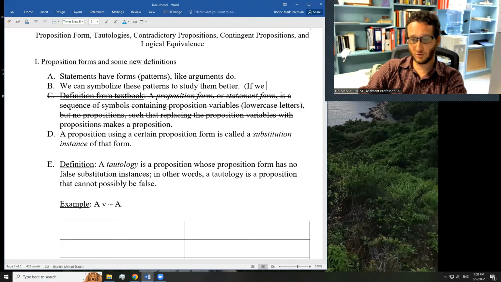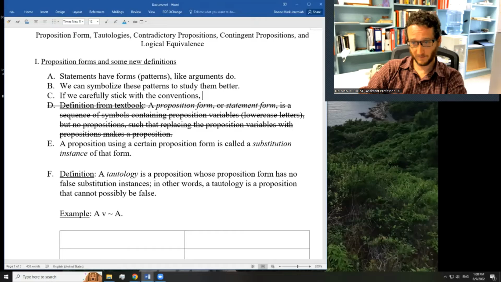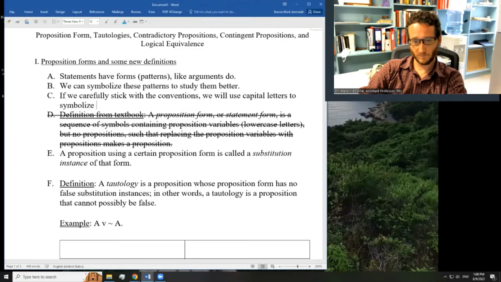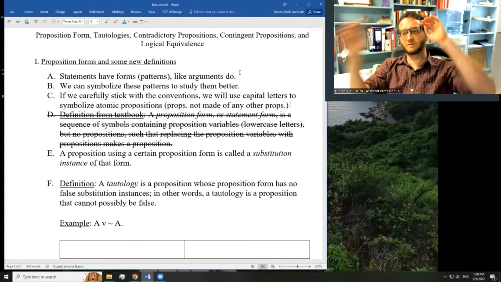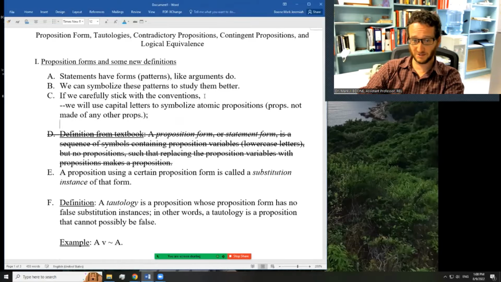All right, if we carefully stick with the usual conventions, we will use capital letters to symbolize atomic propositions, and those are the propositions not made of any other propositions. We will use lowercase and italicized